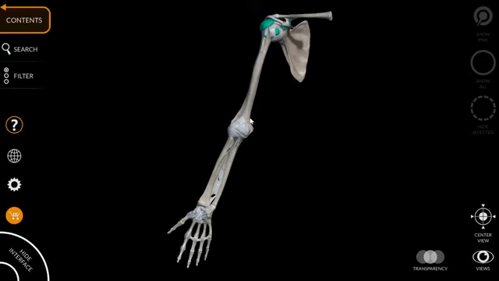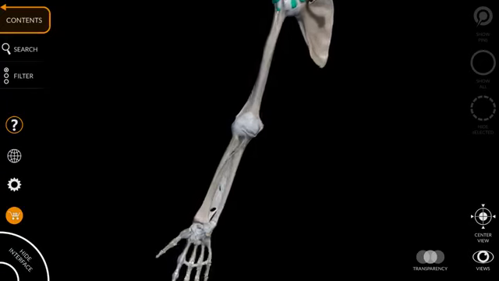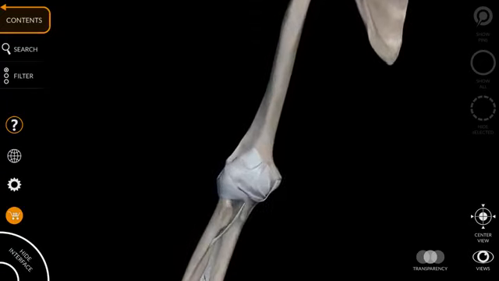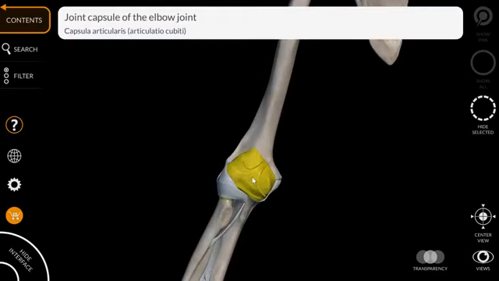Alright, this joint you can see here is the elbow joint, and you can see that it is covered with a connective tissue capsule. This is the anterior aspect and this is the right elbow joint, and we have kept it in the anatomical